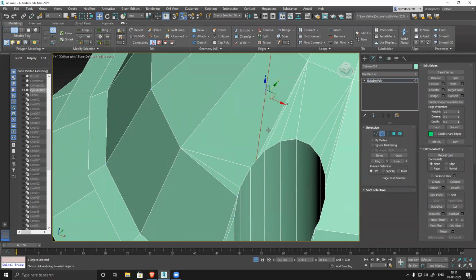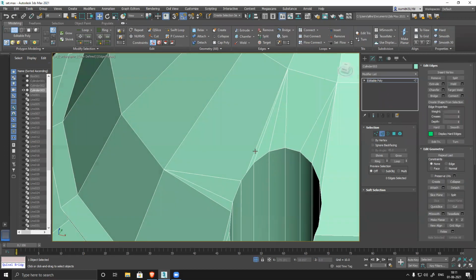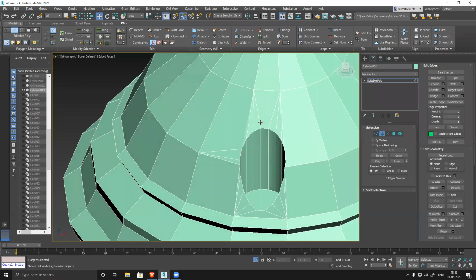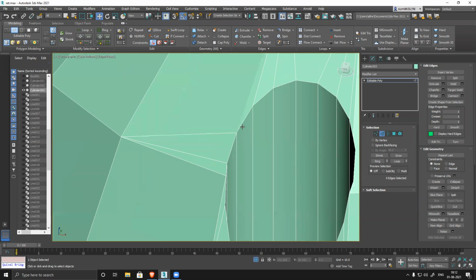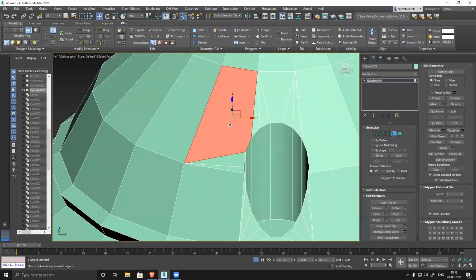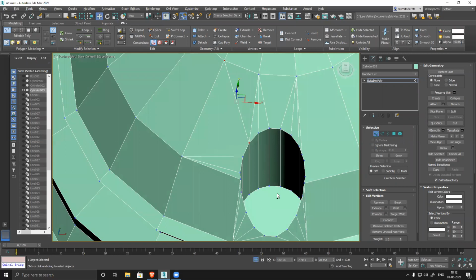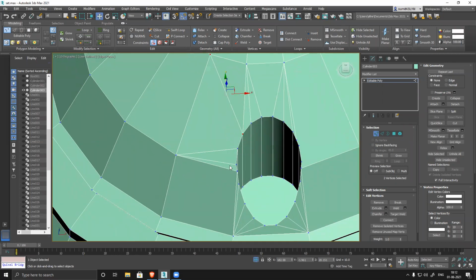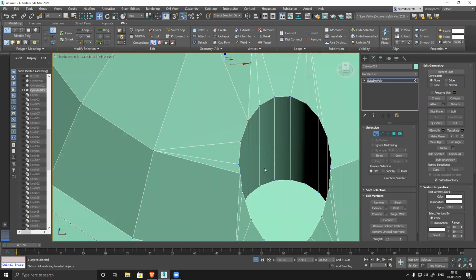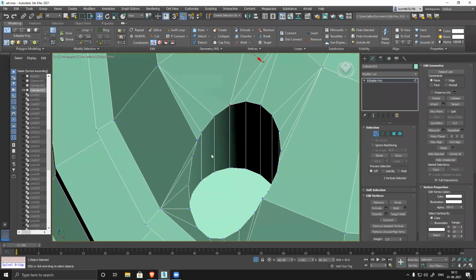So I'll just remove this and remove this also. But if I remove this, it's creating a slight issue. You can see because it's not a quad anymore. The moment you convert this into a quad, it becomes normal. So like this, you have to identify each and every shape and fix it very nicely.